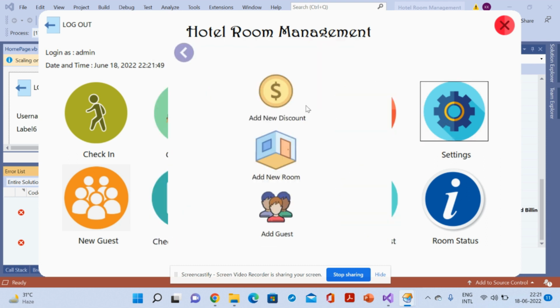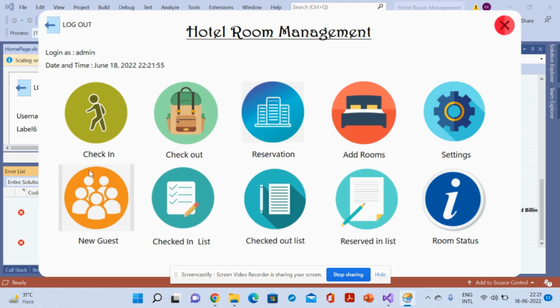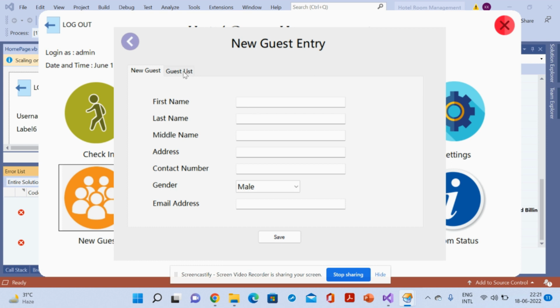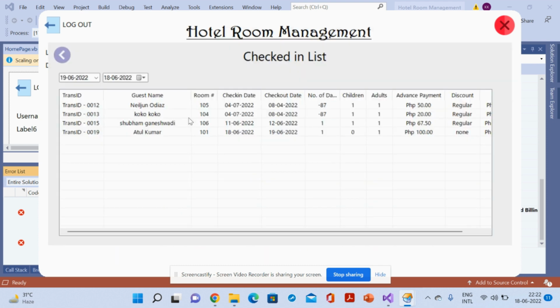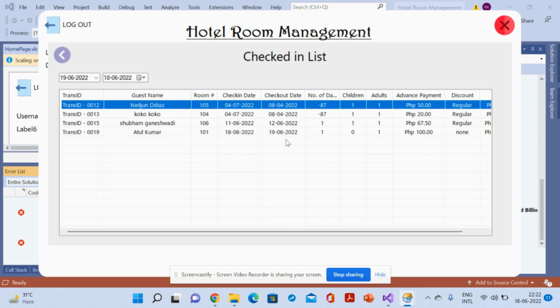This is the settings, right? This is the discount, add new room, add guest. These are the three options, and from here you can add the things, right? New guest: from here you can add a new guest. From guest list you can see all of the guests here, right? This is the check-in list. I already told you this is the check-in list, right? You can see all of the guests here,